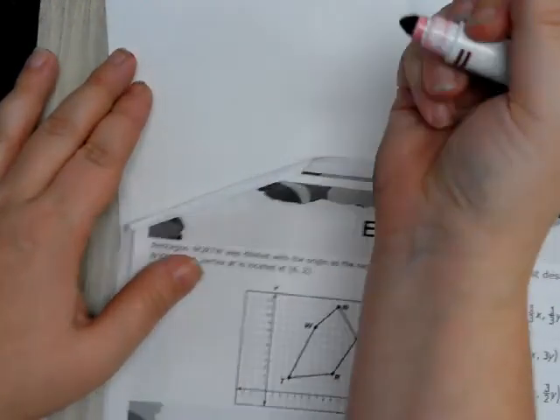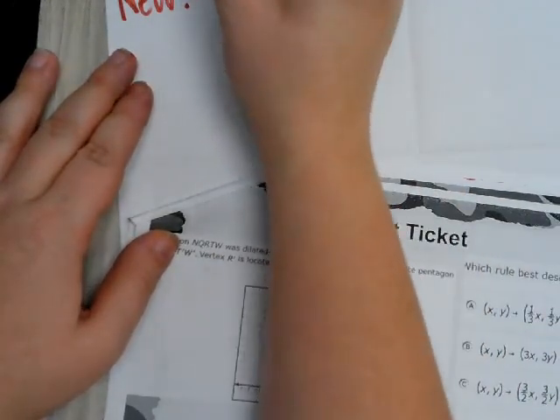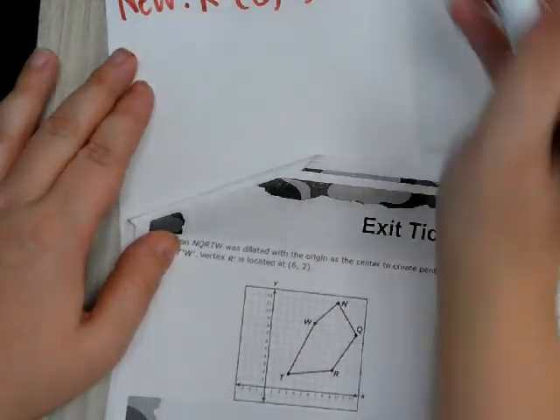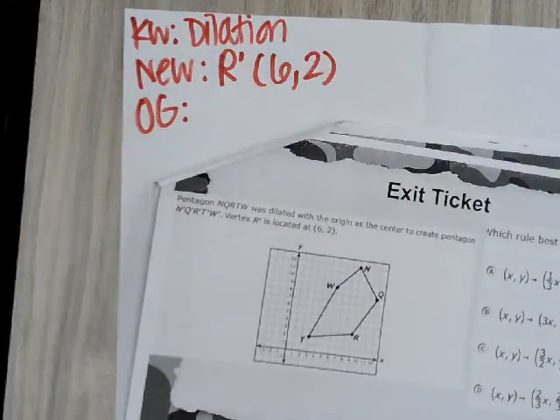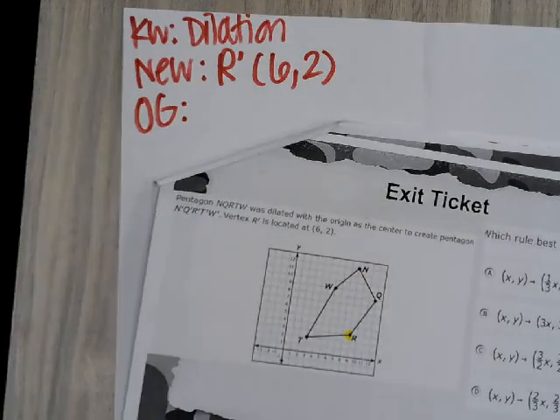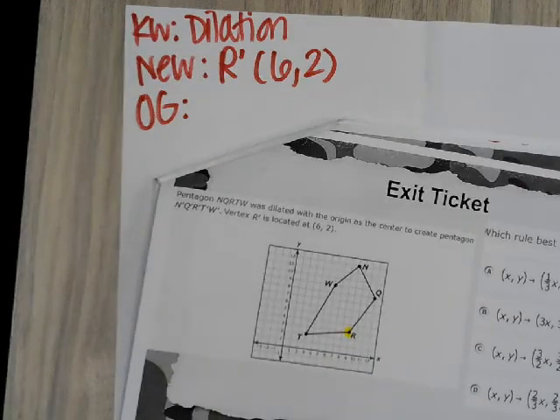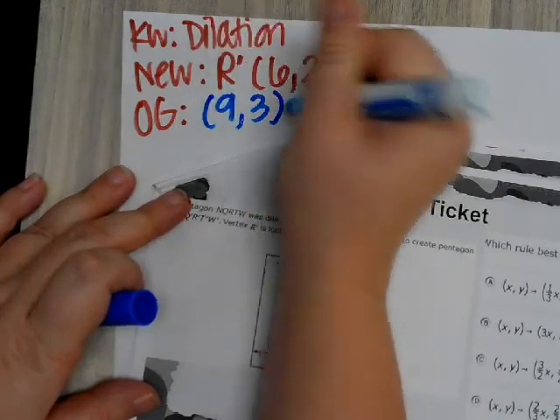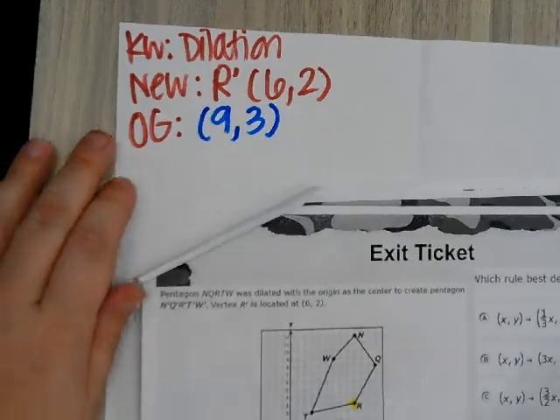Okay, we know that my new would be vertex R', which is 6, 2. So let's look at my picture to figure out what my original is. We're only going to use R because that's all it's asking for. So if I look, that's 9 over, 9 up 3. Okay. Well, if I notice something big,